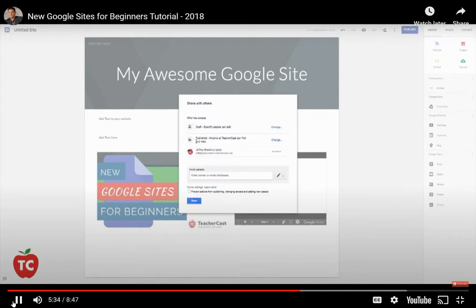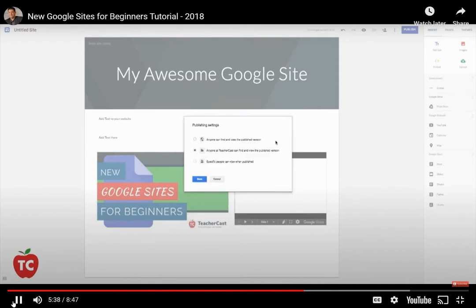Now, this is a new feature that came in. This is published. Anybody here can find and view. Now, if I change that, I can say anybody can find and view the published version, anybody in my domain can find the published version, or specific people. So most people aren't going to need to change this at all, but you would select this, for instance,